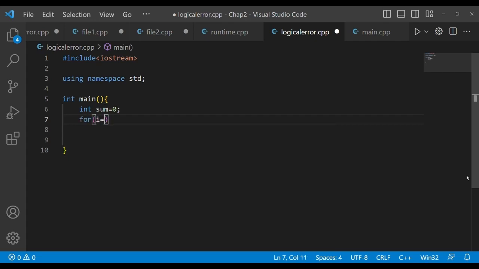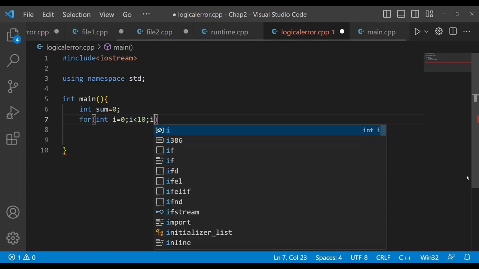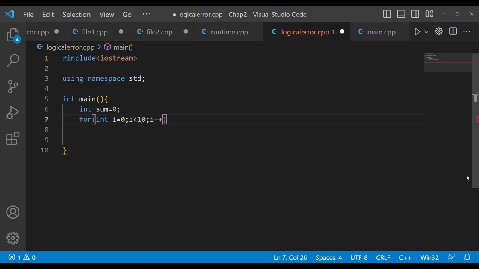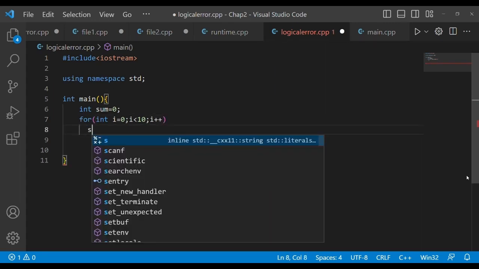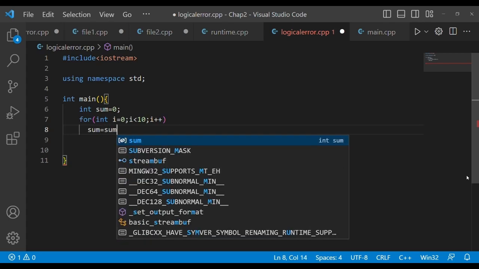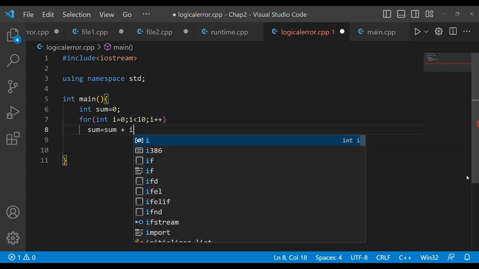I have to declare it, so let me declare int i equal to 0. This is a for loop that I'm using. Then i less than 10, i plus plus, and I write a statement to increment the sum by i,